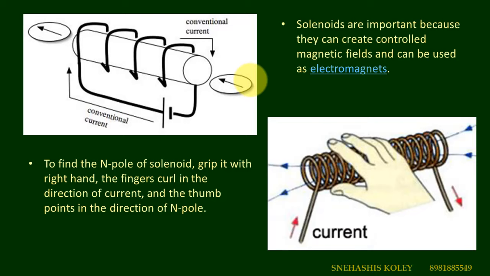If we place our hand in the direction of the current flow, then our thumb will represent the direction of the magnetic field inside the solenoid. That is, we grip the solenoid with our four fingers in the direction of the current flowing in the circular loops, and our thumb will represent the direction of the magnetic field inside the solenoid. Remember that the magnetic field inside the solenoid will be found by gripping the solenoid in this manner.